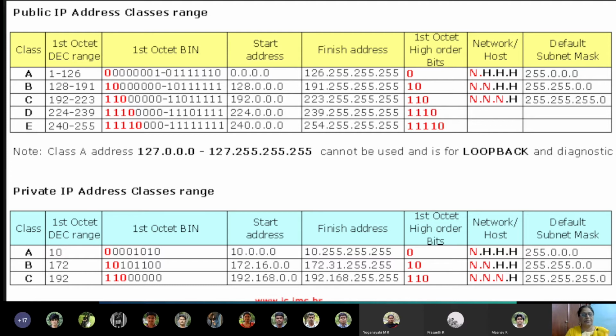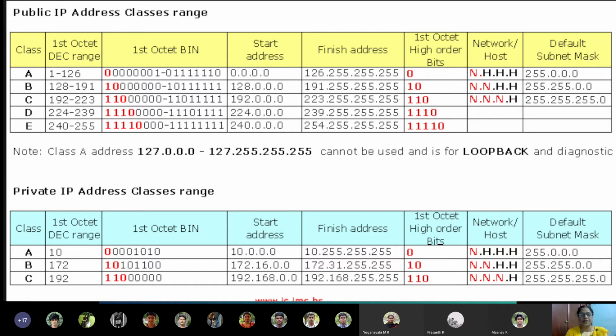An IP address can be represented in binary notation or in decimal notation. Given an IP address, you can also identify its class by means of its first octet in decimal representation.